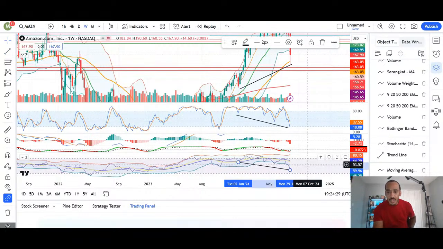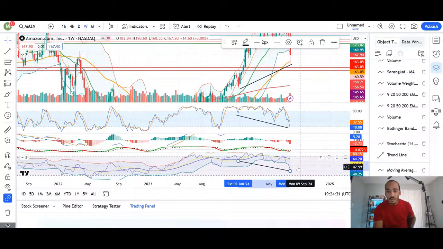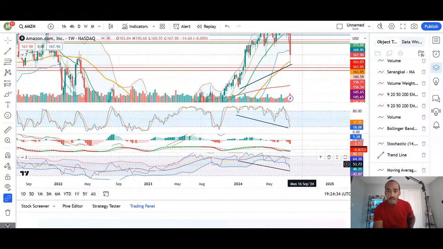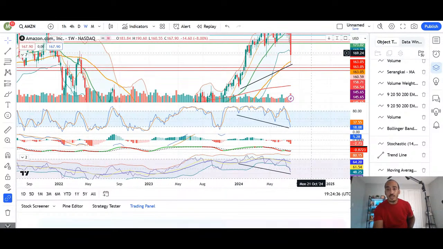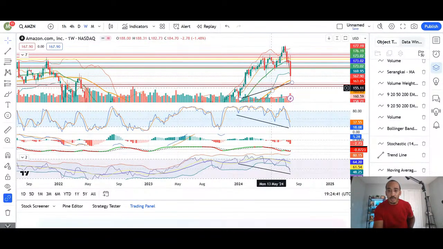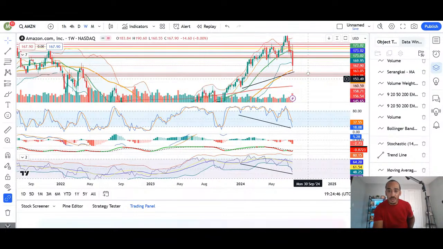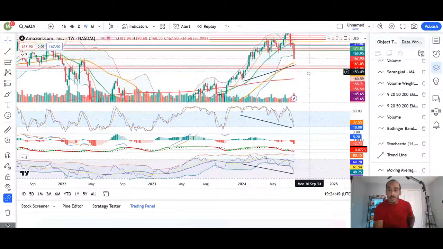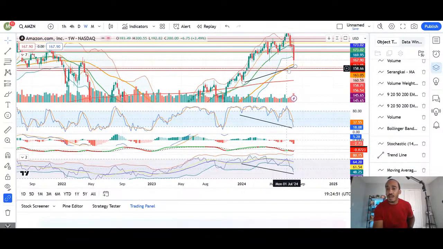I love it. And on top of that, we are way outside the bottom of the Bollinger Band on the weekly time frame. We're also way outside of the Bollinger Band on the RSI. So this is the bottom of the Bollinger Band right here, and we're outside of that. We're also bouncing off of this moving average. I don't know what moving average this is, but moving averages are a strong level of support, and it's bouncing off of that. So the weekly, daily, and 4 hour chart is all saying that Amazon is going up,